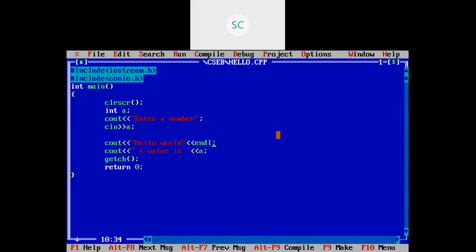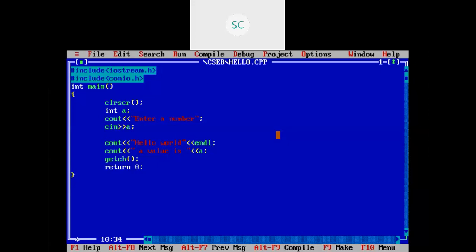The cursor will move to the next line, and it flushes the stream. Whatever data is traveling will be flushed there. Just simply remember endl means just like slash n in C language. After printing that message, it will directly go to the next line. The remaining statements will be printed in the next line.